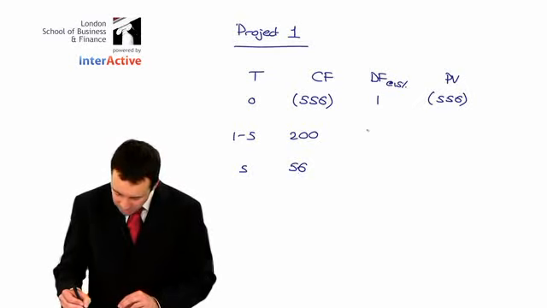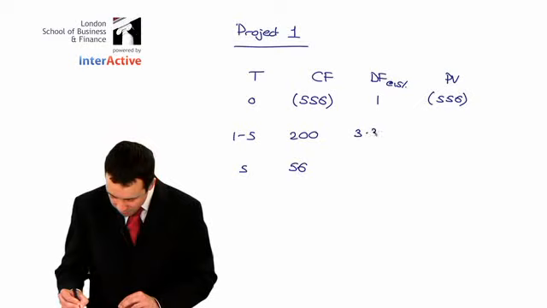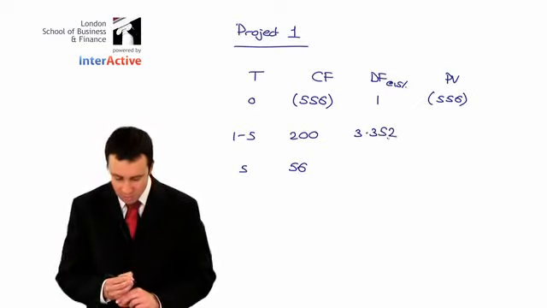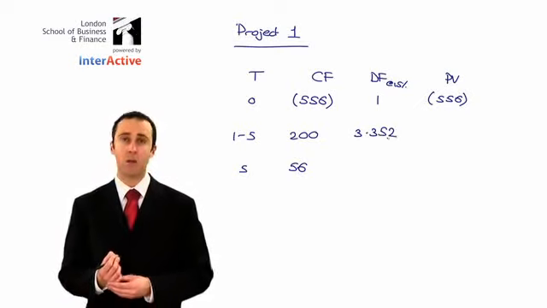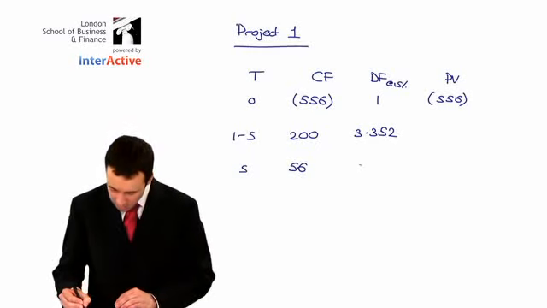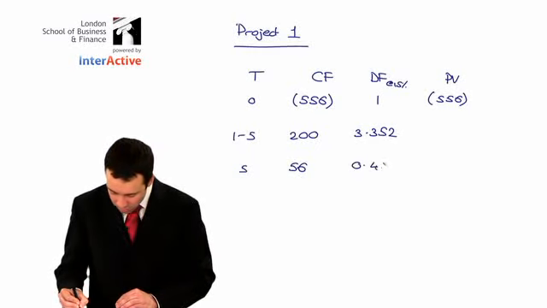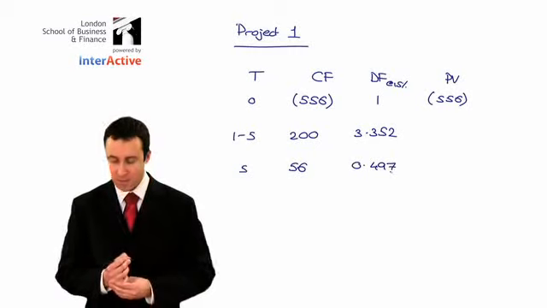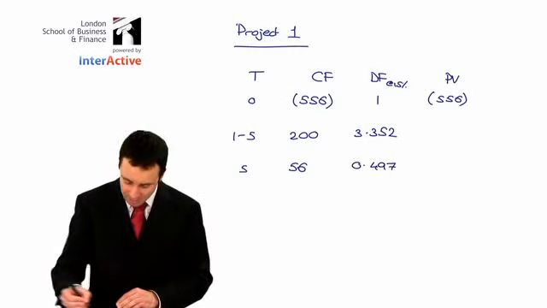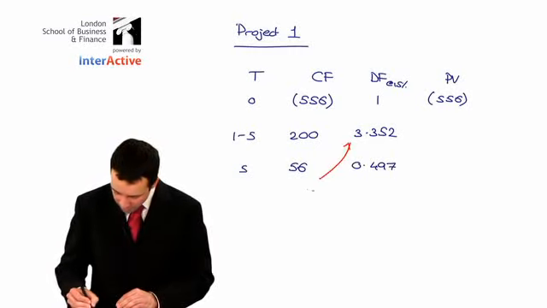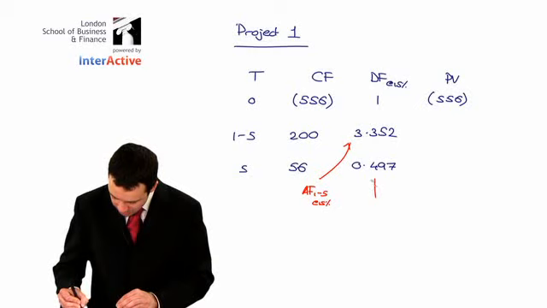So my annuity factor at 15% for 5 years is 3.352. You can look that up within your tables. And then your discount factor is 0.497. So what we have there is your annuity factor from 1 to 5 at 15%. And then your discount factor for T5